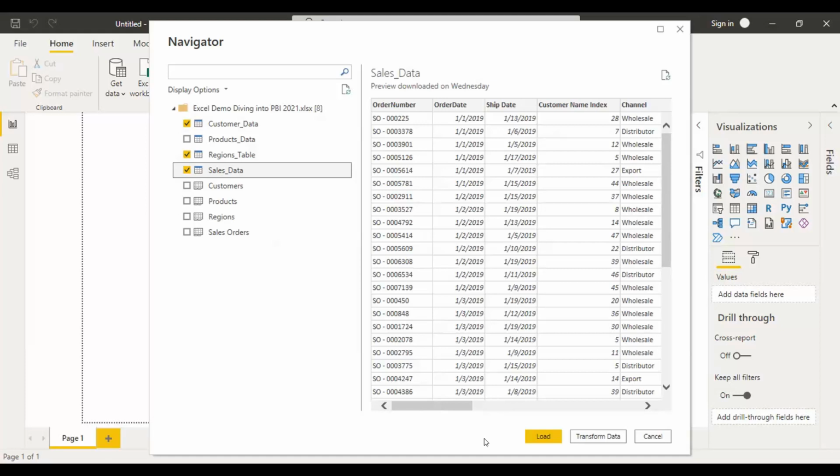All those things are done when we use Transform Data, because the data will be imported into the Power Query Editor, but not into Power BI Desktop. The Power Query Editor allows us to do all the data shaping and data modeling, to do the visualizations and furthermore. As of now, first we will see how the data imports by using Load. So let me click on Load.